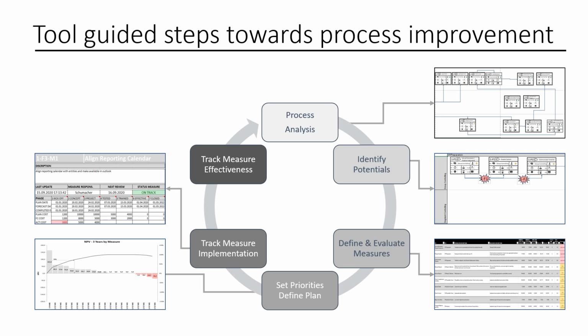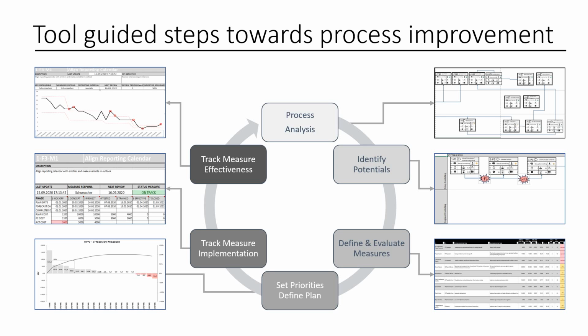The same applies for the measure attractiveness reporting. Once your measures have been implemented and they are effective, you need to see how your KPIs improve. Let's imagine you're redesigning your month-end closing process, and until now you had 10 working days for that process, and you want to cut it down to 5. You would have to go every month into the evaluation and see whether the number of days needed for the month-end close is coming down.